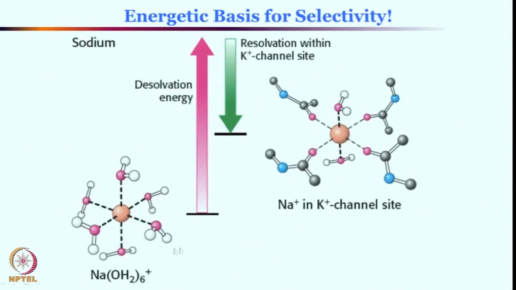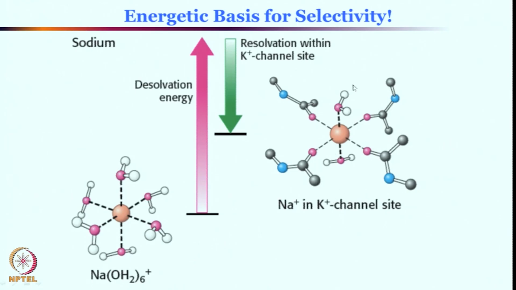So, here is another thing. This is hexa aqua sodium. As you see, the dissolution energy is pretty high, meaning if you want to remove, let us say, 4 of the water molecules from here, the dissolution energy will be this much. The energy gained due to the protein backbone interaction with the metal ion at the cost of these 4 water molecules is not that high, as you can see, only this much. If it was able to compensate this amount, then only would sodium have been able to